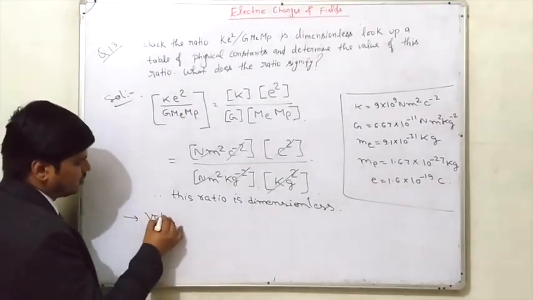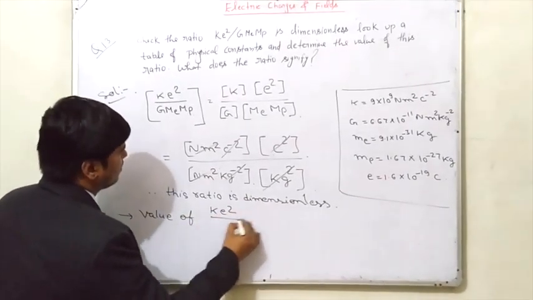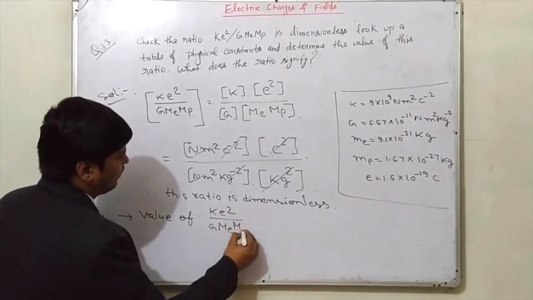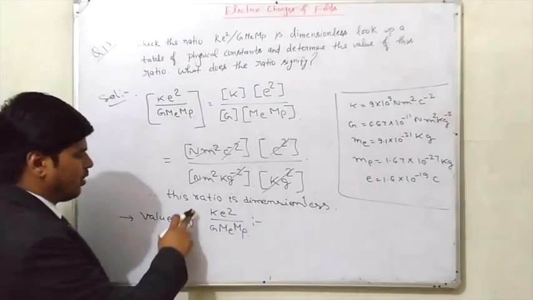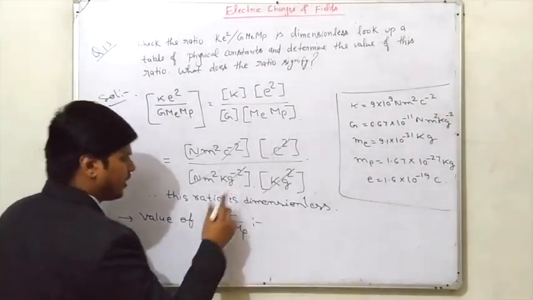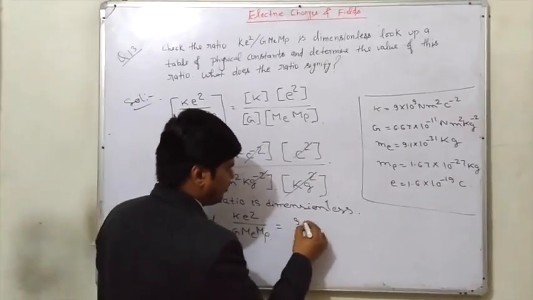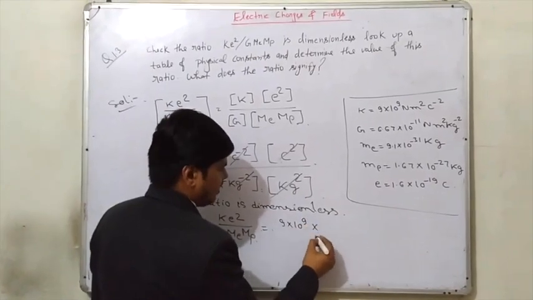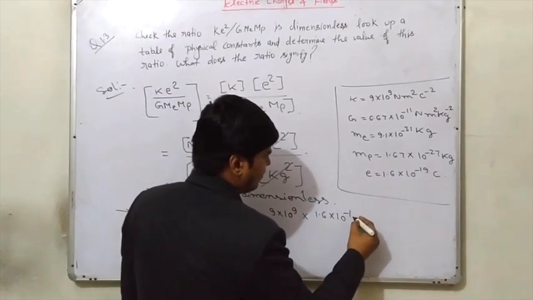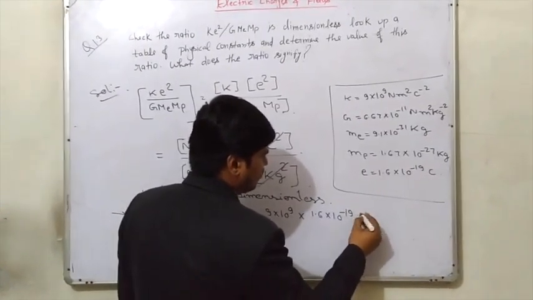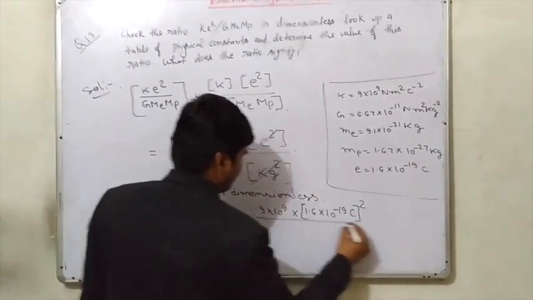The second part asked you the value of this ratio, the value of k e square upon G me mp. Put the values of all the variables. The value of k is 9 into 10 to the power 9, e square is 1.6 into 10 to the power minus 19 coulomb whole square. Then the value of G